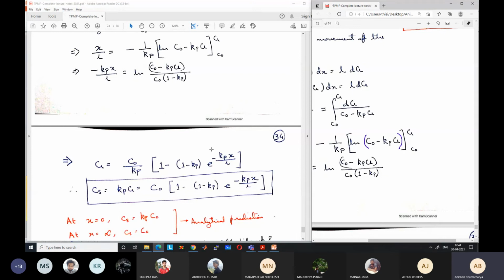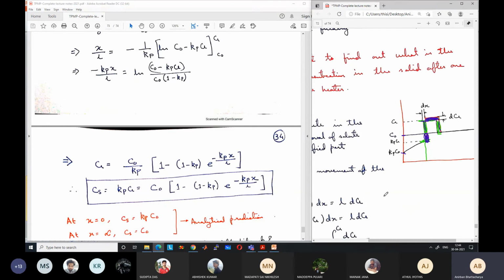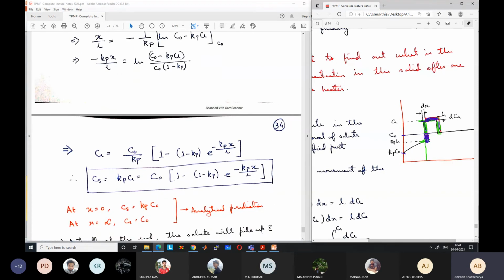What we have assumed, there was an assumption here which no one of you has noticed, that the Cl remains constant within the liquid. It is not decreasing like our previous case. Why have we assumed Cl to be constant although the diffusivity is limited? Because the length is assumed to be very small. We are assuming that there is not much concentration gradient within the liquid. Because the length of the heater is very small, the concentration remains almost equal to Cl everywhere. So the effect of diffusion is very negligible.